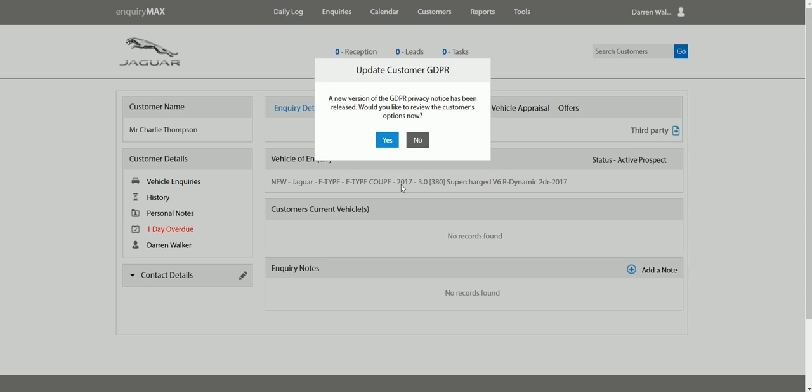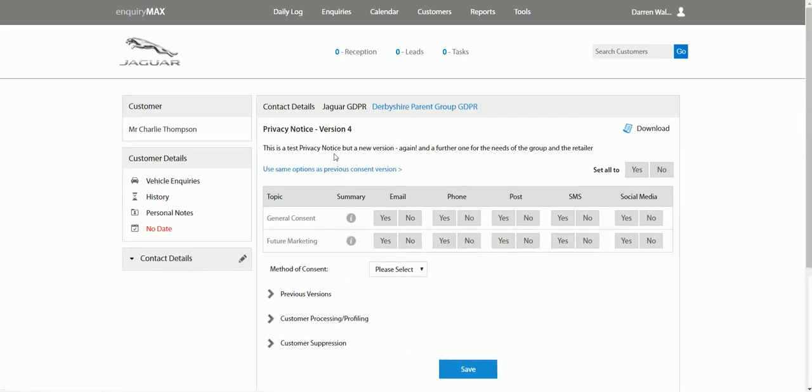customer was put on before the change to the privacy statement, it's asking me whether I want to go through the new privacy statement with the customer so he can opt in and opt out with the latest version. So if I say no, then it's going to keep asking me until I do it. So what I'm going to do is click yes, which will then take me through and show